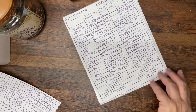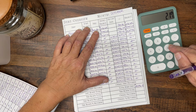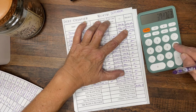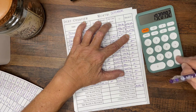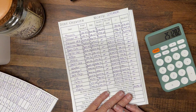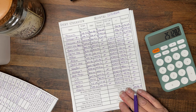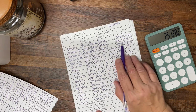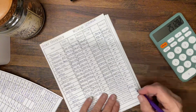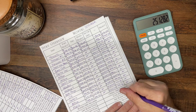This month, if we add up what we owe, 65 plus 3743, 63 plus 19207.92 should equal, I didn't get the same amount, but anyway, I did something wrong. No, I did something wrong on my other one. So this month, so now our actual debt, not including the house, is